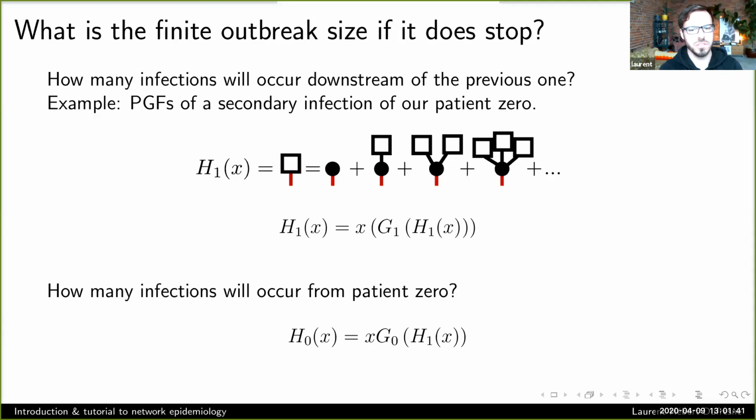You can see that we're just doing the same math, but now not asking for it to not be infinite, but just noticing that there's sort of a recursion going on, and we can define this distribution or PGF for the size of an outbreak in terms of itself. It's a lot harder to solve because it's not just finding the root of a polynomial, but if you do solve for this H1, U1, you can make a full probabilistic forecast. So what are the chances of an outbreak of size 1, 2, 3, 4, 5, and so on to infinity. So it's a really powerful framework.